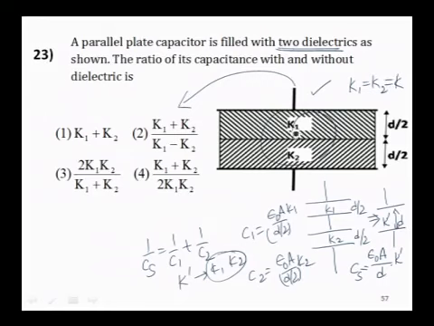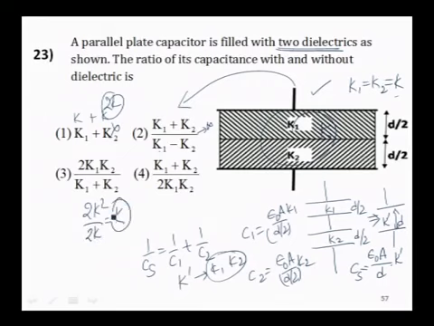Then everything here is K, no difference. And because everything is the same, the effective K is the same as K. K dash should be the same as K. So, if K1 equals K2, then your answer should become K. So, if I put K and K here, I will get 2K, which is not possible, should not happen. If I put K1 equals K2, this goes to infinity, not possible. If I put K1 equals K2 here, I will get 2K square by 2K, which gives K, which is what